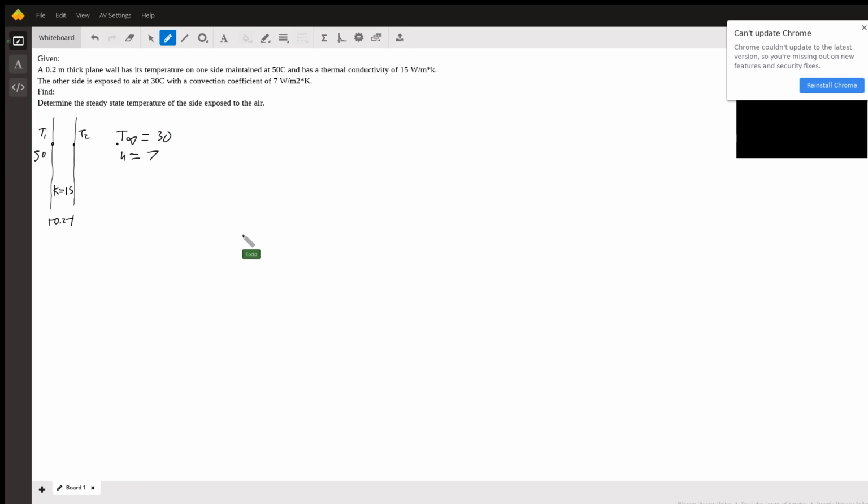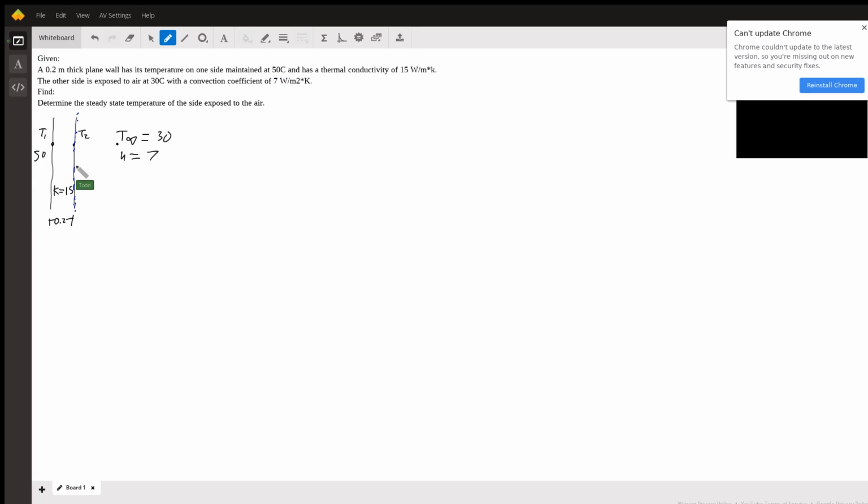Okay, so one of the most powerful tools that we have in heat transfer is conservation of it, be it energy, be it power. So in order to use it, we need to define either a control volume or a control surface. In this case, I'm going to use a control surface, and I'm going to do it here at this wall. And I'm doing that because